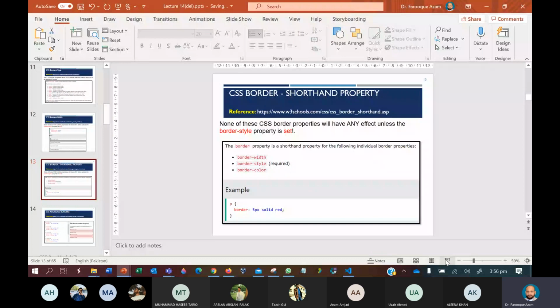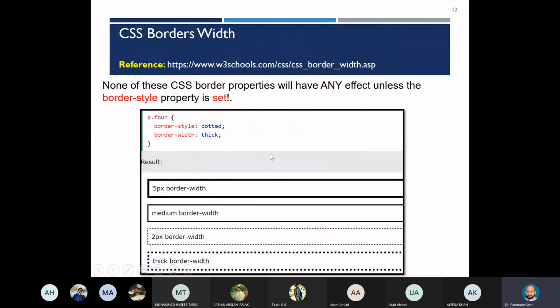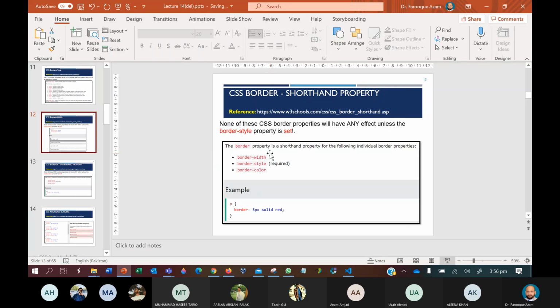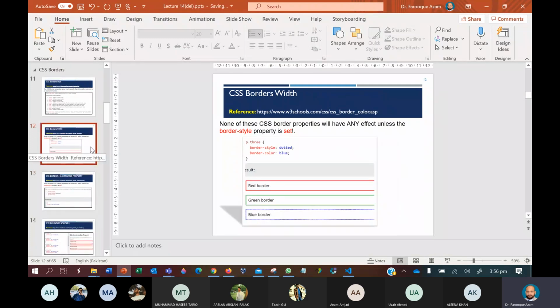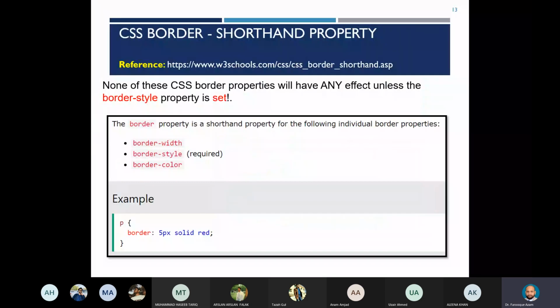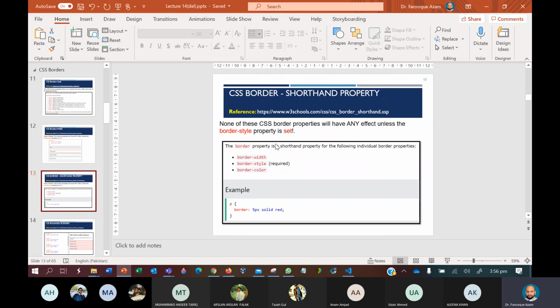So here you can see, for example, here you can specify border width, border style, border color property. नहीं, मेरे ख्याल में क्या कर रहा हूँ मैं. मुझे भी रोज़ा लगना शुरू हो गया. Okay,